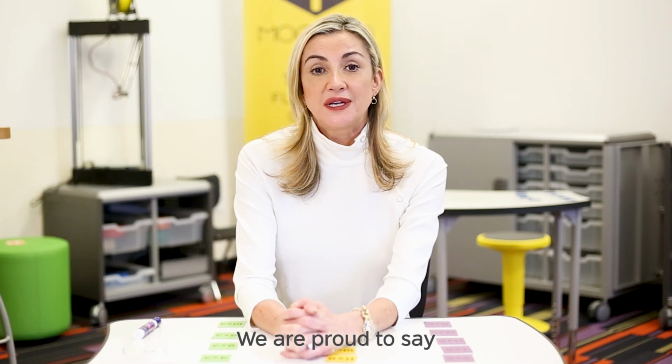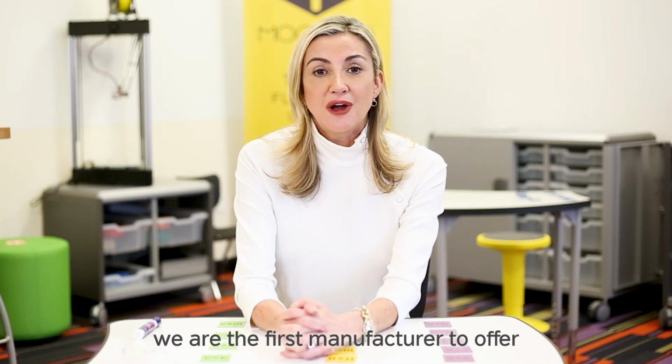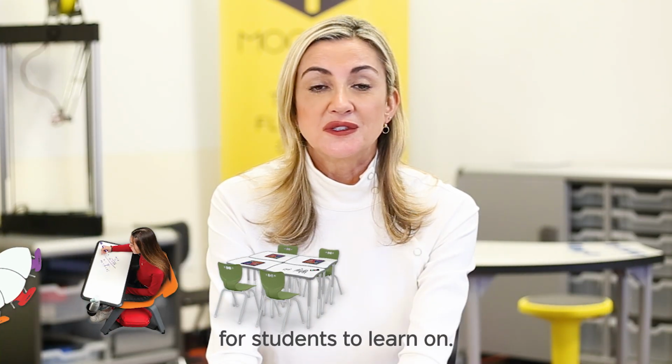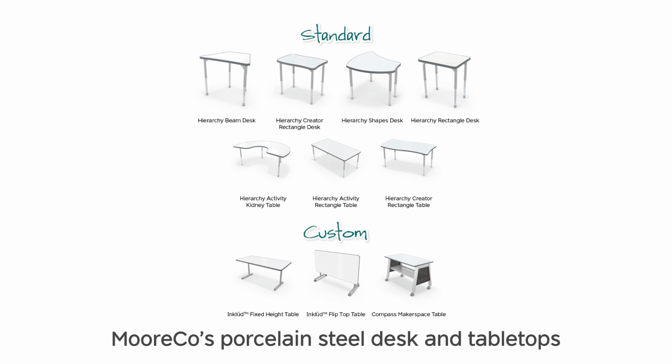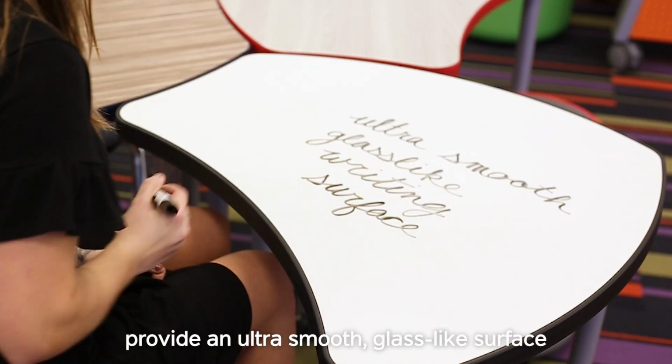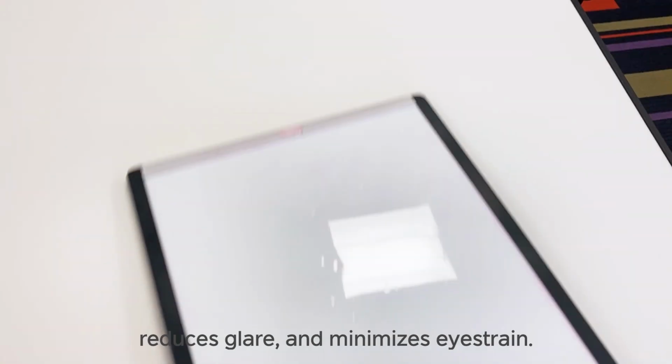MooreCo, we are known for innovation. We are proud to say we are the first manufacturer to offer a porcelain steel desk and table for students to learn on. MooreCo's porcelain steel desk and tabletops provide an ultra-smooth glass-like surface that enhances color contrast, reduces glare,